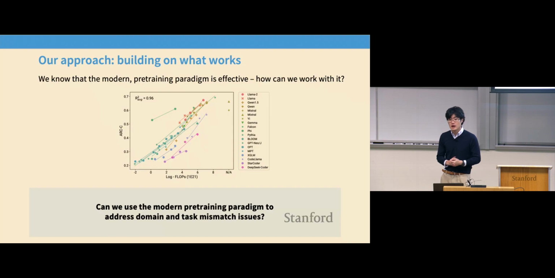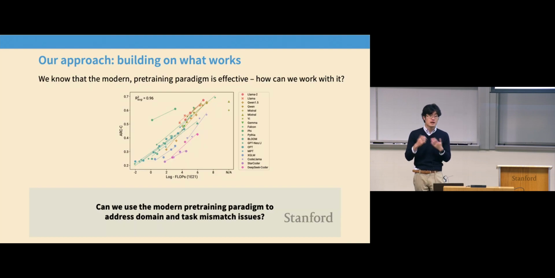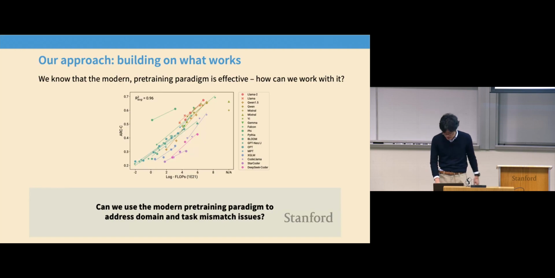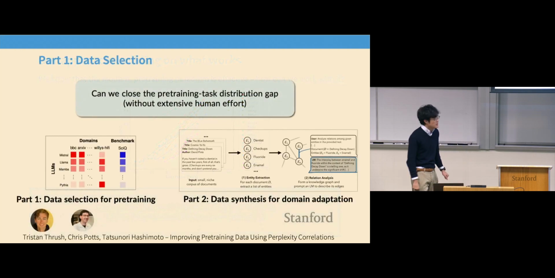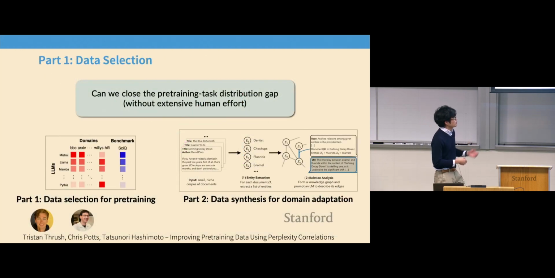The first one being, how do we select good data? The second one being, can we train models more data efficiently when we don't have that many documents? This is based on two recent works that I'm excited about. The details of the work may be less important, but they have some fun ideas that hopefully you'll take away and enjoy thinking about, right? So the first part is going to be talking about data selection. How do we select good data for pre-training in a way that will give us more capable, better models?